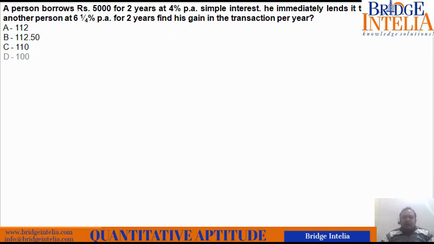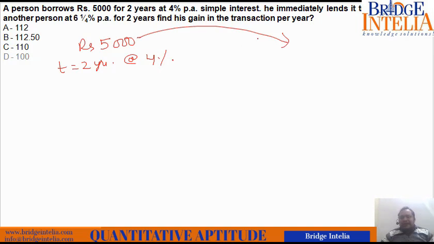A person borrows rupees 5,000 for 2 years at 4% simple interest. So he has borrowed rupees 5,000 for 2 years at 4%. He immediately lends it to someone else, instead of keeping the money with him. He took it from the bank, and he lends it at 6.1/4%. So the same money now he lends